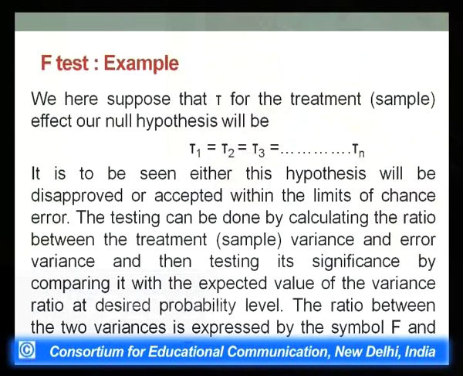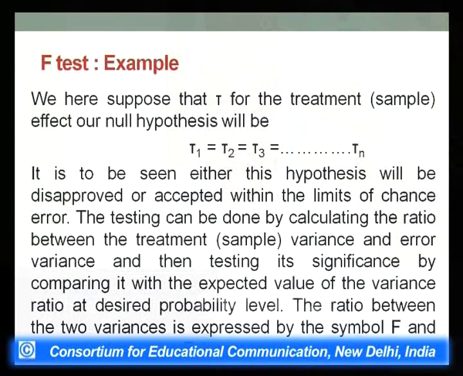If the variation is too much, we can't accept it, but if it is tolerable, then we can accept it. So therefore, the testing is done by calculating the ratio between the treatment variance and error variance. What does it mean? It means that all the 10 samples, you take their ratio keeping in view the variance itself. We will tell you how to calculate this, and then see, as the probability level, how much the value is coming,